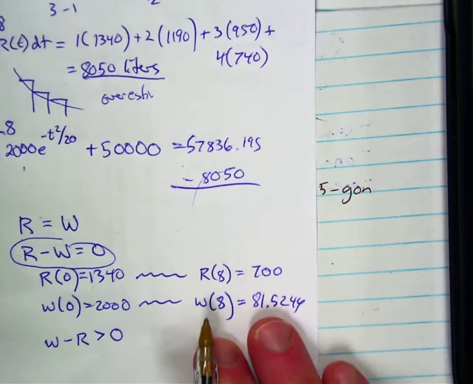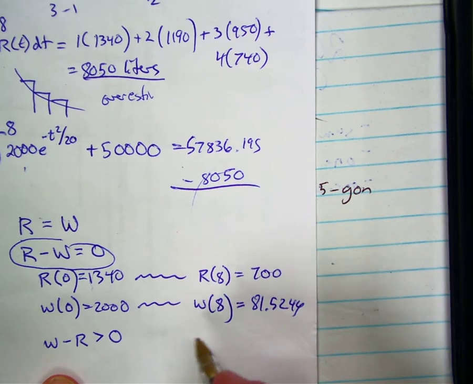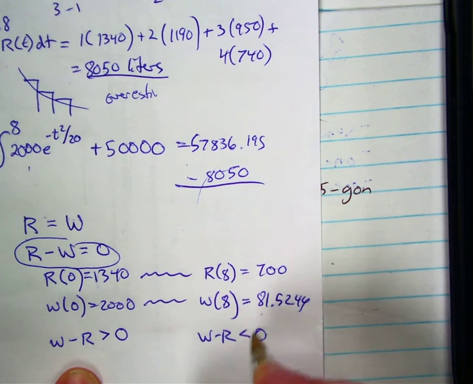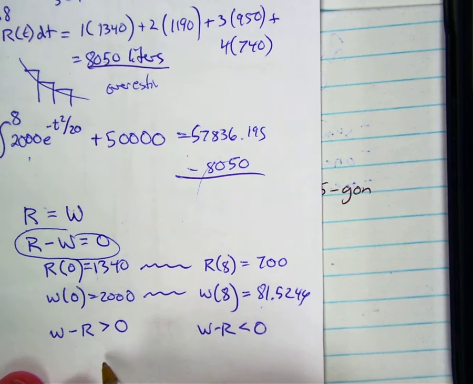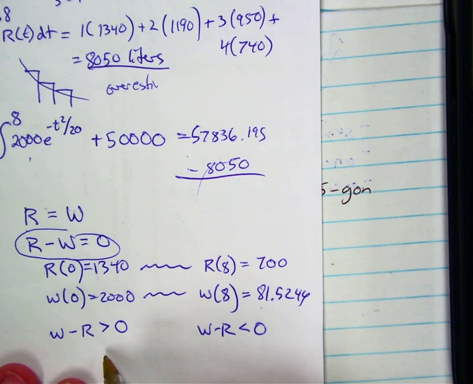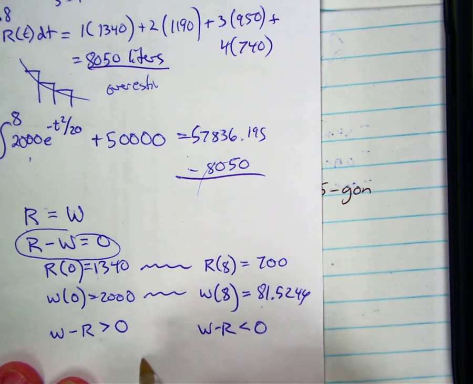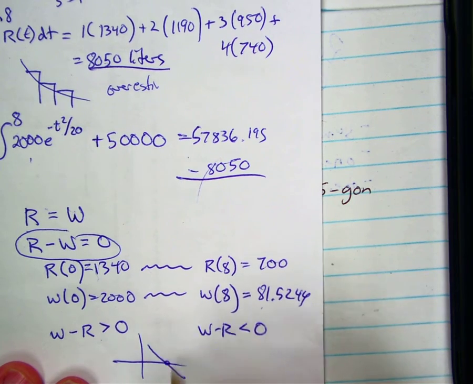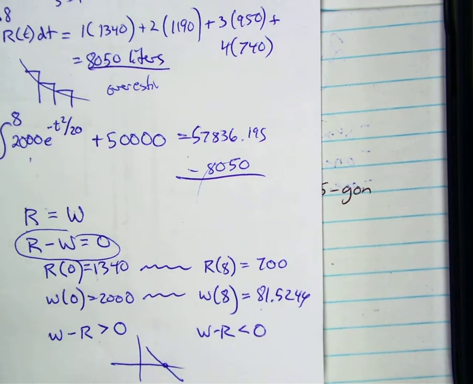Okay, and W minus R is our change of rate we're looking at. Right here, W minus R is negative. And W minus R is the net rate. It's the water in, water out rate. So if the water in, water out rate goes from positive to negative, if we graph that slope positive to negative, then somewhere by the intermediate value theorem it has to